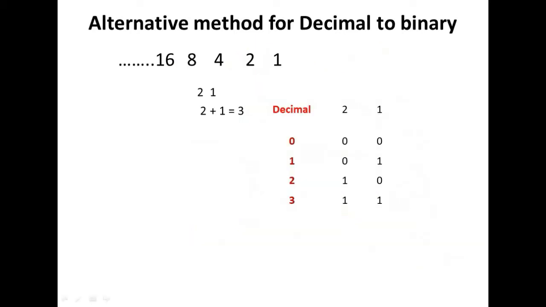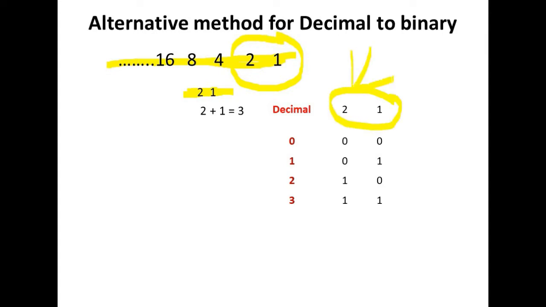Now come to the method to convert a decimal number to a binary number. Here we already know the weights of the binary digits. So here we start with a 2-digit number. Suppose we are given a binary number of 2 digits. So here we take 2-digit weights, which are written as 1 and 2. Now we will consider how many numbers we can make with the help of 2 and 1. So here we see that decimal 0 will be written as 0 and 0, because we want neither 1 nor 2. So in both places we put 0.